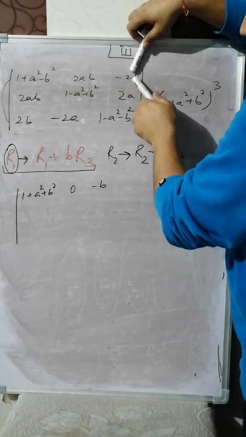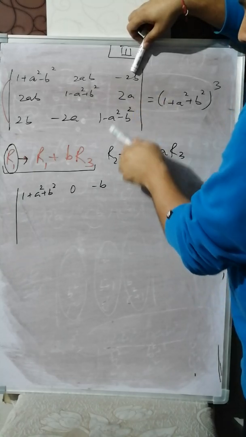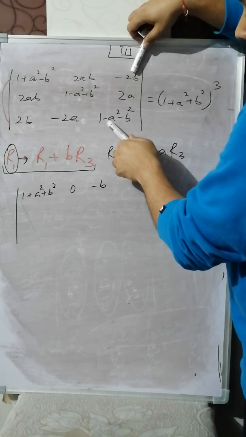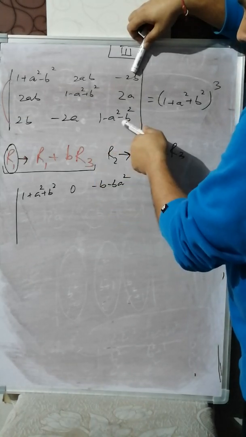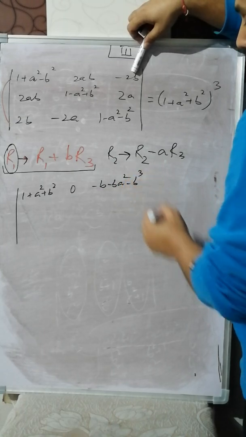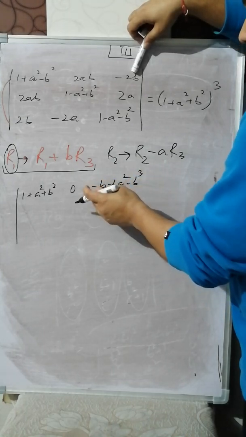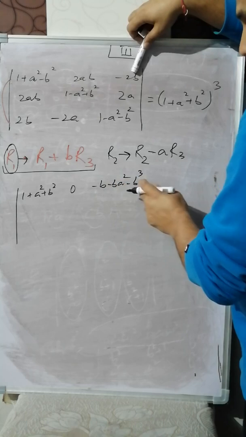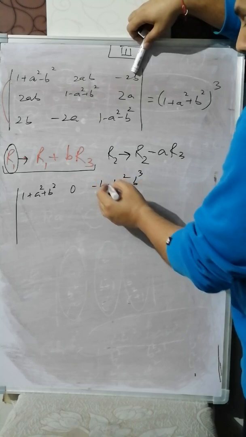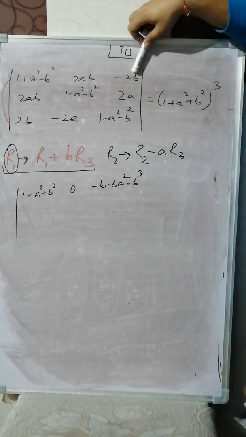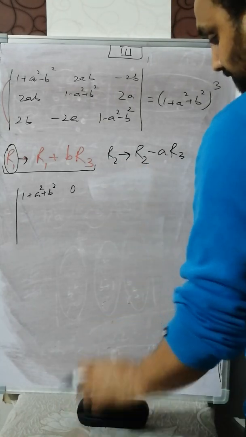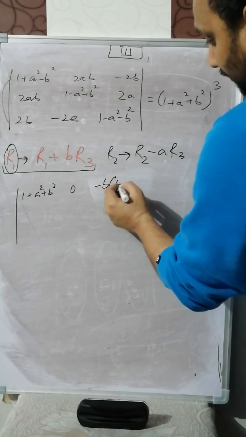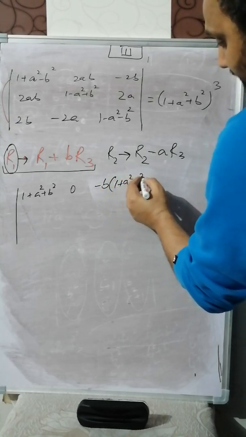So next will be b times this minus b a square, and next will be b times this minus b cube. So if you take minus b out, what you are left with actually is, minus b taken out, this is what you are left with,